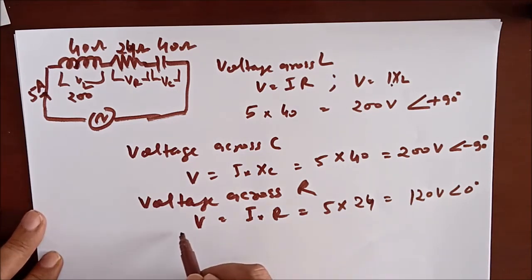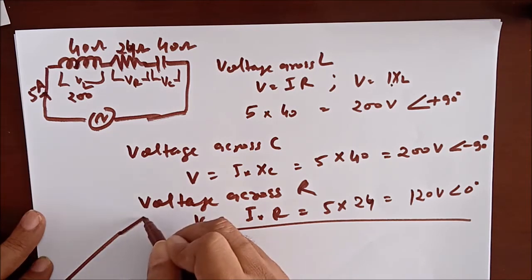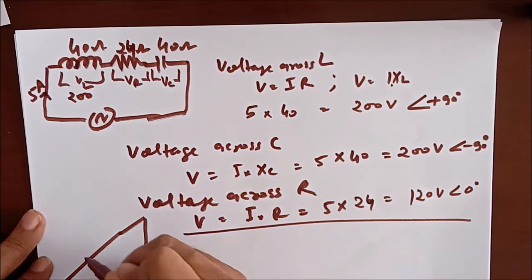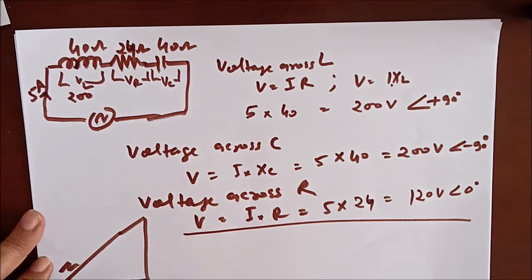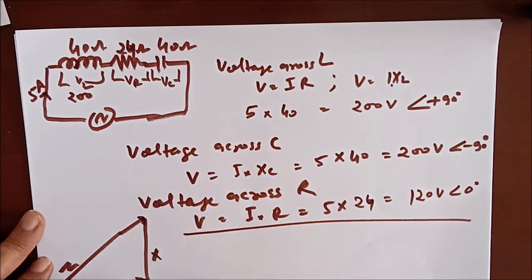If I go continuously, just to explain to you about the phasor diagram, just try to recollect. I have explained this in inductance. This is Z, this is R, and this is X. This X may be upward if XL is higher, or downward if XC is higher. But to explain to you, I am taking upward. So if you want to know this phasor diagram, same values, same way.